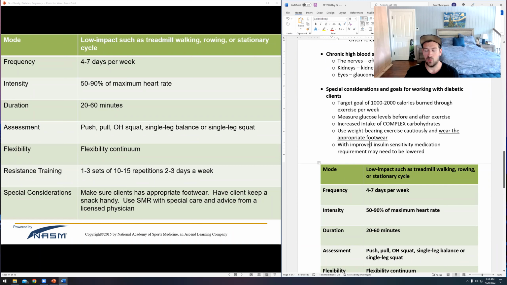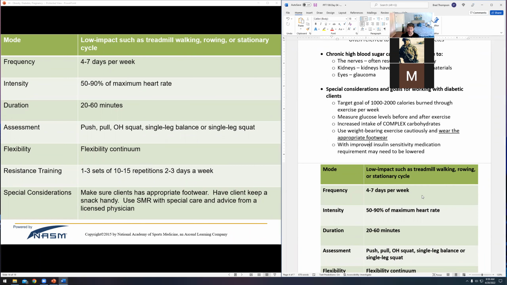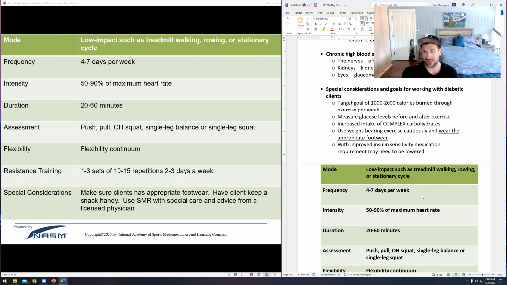This is actually why with any client who has neuropathy, you need to pay attention to what they are wearing and make sure that they are not putting themselves at risk for getting blisters. Like my girlfriend and I went to Disneyland recently, and she gets blisters every time she goes to Disneyland because we walk like crazy. And so if she was a diabetic, I would be like, hey, keep checking your feet. Luckily she's not, but that can definitely be a risk factor. So